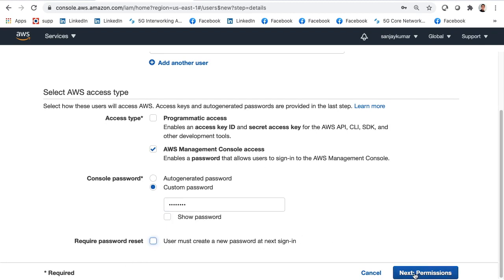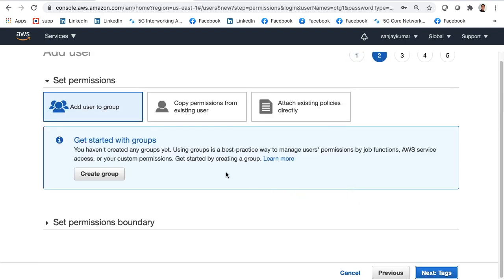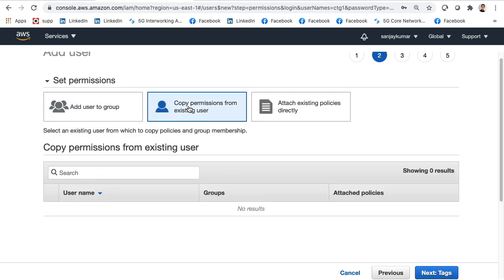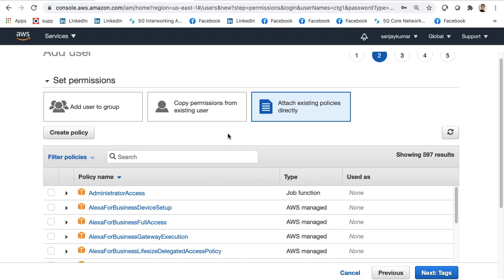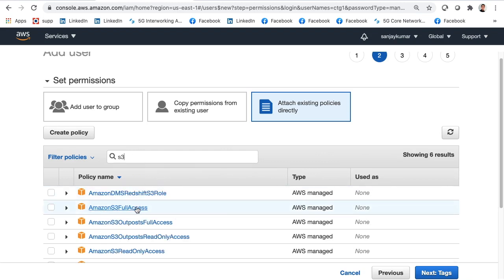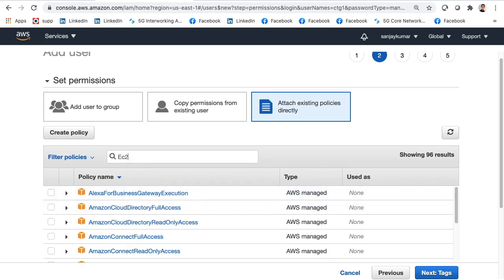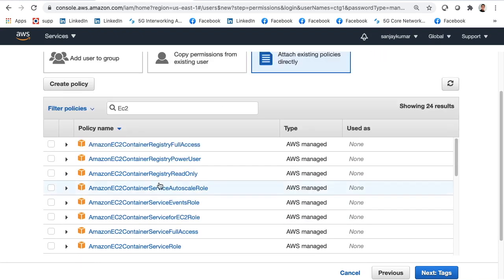Now the next step is permissions. I can add users to a group, copy permissions from an existing user, or attach existing policies directly. What I want these users to do depends on the need: it can be a user with administrator access, or users who can write to S3 buckets, so I can go with Amazon S3 full access, or users who can create EC2 instances, and I can go with EC2 full access.